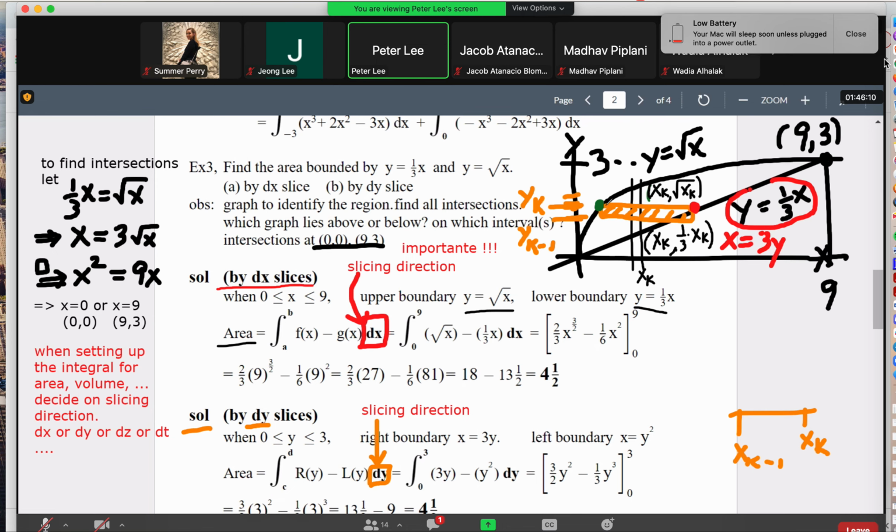And then how about the green curve right here? This is y equals x squared. Now what is the lower boundary curve? We also have to solve in terms of y. Therefore, this is now going to be x equals y squared. Actually, the curve is going to go all the way to this side as well. So in our case, we don't need this part, but this is x equals y squared. But even the top part over there, that's still y equals x